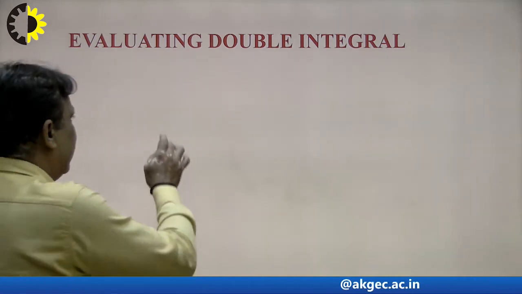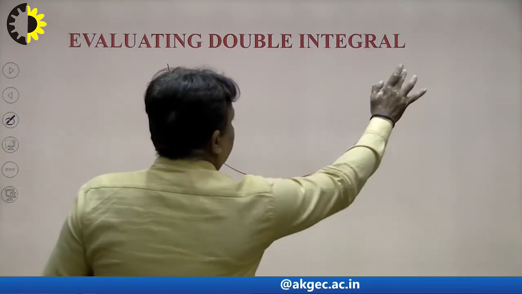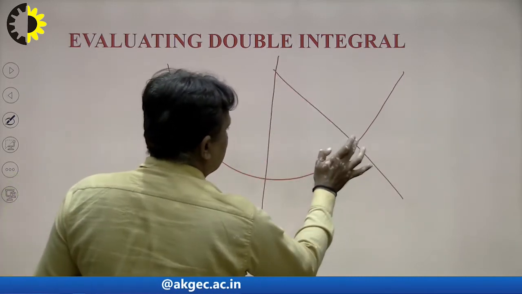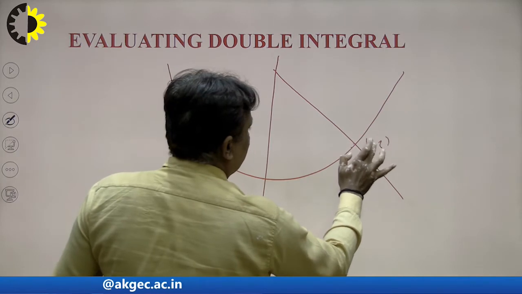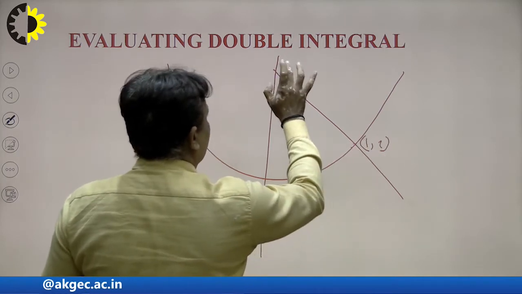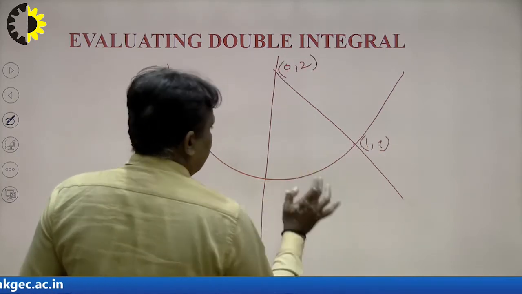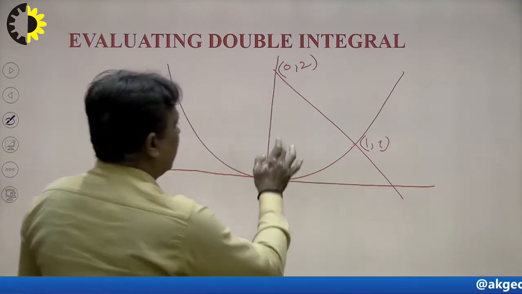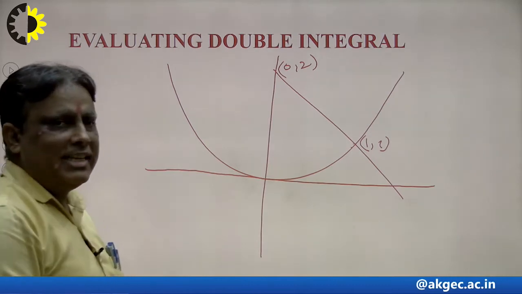So what will we do here? We see very carefully whether the region is divided or not. This is the point (1, 1) I draw again, and this is the coordinate (0, 2), and this is our x-axis I draw here, and the region is this. Now the question is that there are 3 points.